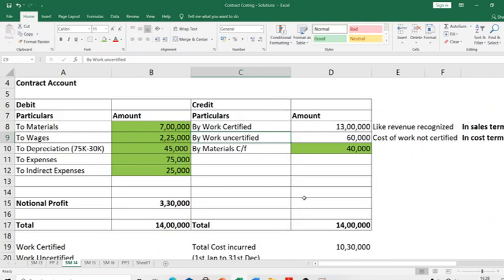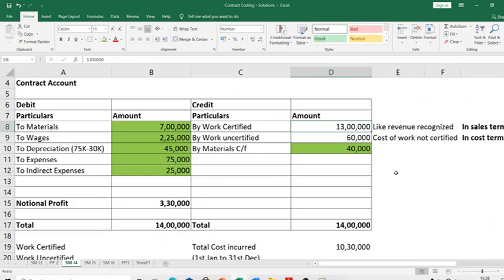So for that 1 month, the work that happened, the architect did not come back on 31st of December. Since he came 1 month earlier, for all practical purposes he was not able to certify the last month's work. Maybe if he had come on 31st of December, he might have said that work certified is 14 lakhs. Because he didn't come at the end of the year, he came 1 month before, we are saying that we have some amount of work that is uncertified.